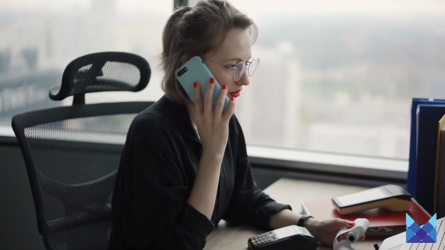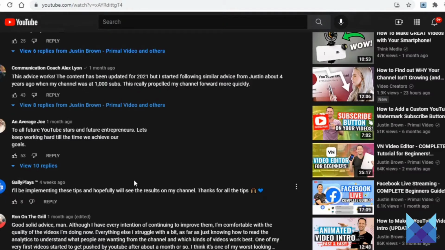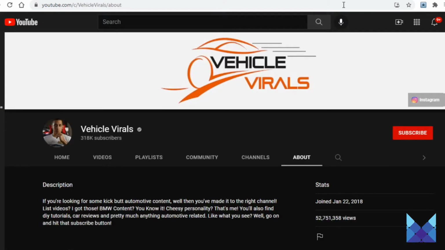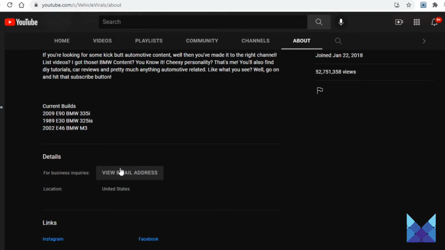The two paths you can reach people are as follows: via email or by replying to the comment in question. The former option, I'd say, is a bit better, but it has a tremendous flaw in that not everyone has their email address visible. To find it, you want to open up a channel, go to the About section here and then scroll down, and if you don't see an email address, then it's not visible. If you do, then you can contact them, and what you would say, either in the email or the reply, is approximately the same thing.